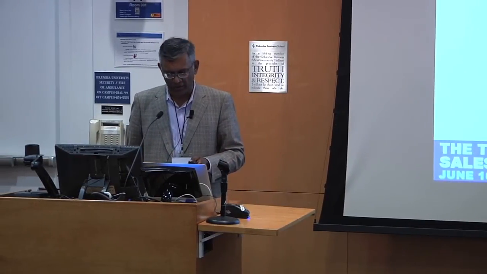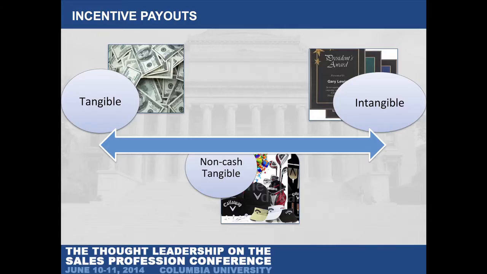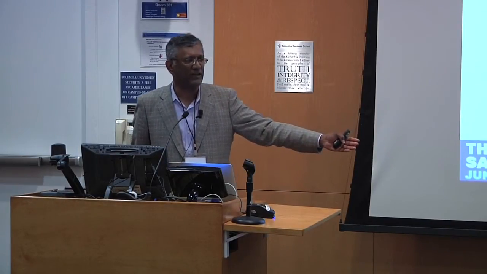What I want to talk about today is really stuff in the middle, and I'll describe that in a second. These are tangible rewards, they're extrinsic rewards. They're cash-like, but they're not cash. The most common form of this, and there's an entire industry around this, are these points programs. It's very much like your American Express rewards card, except it's a company-specific program. You rack up points, and then you get to redeem it for merchandise off a catalog. Okay, that's the most common form.